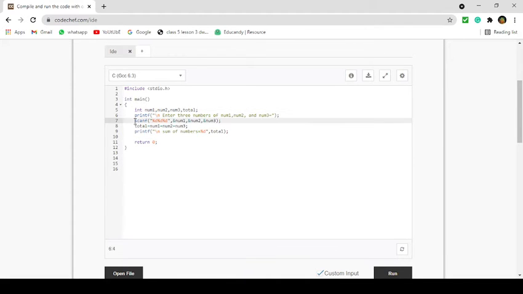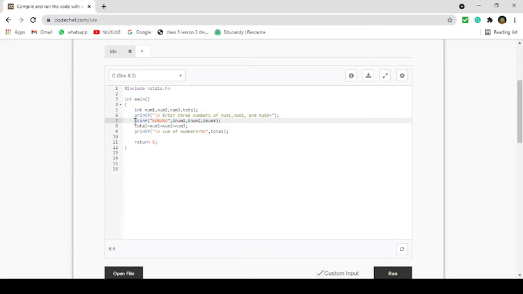Next step is the scanf function. The scanf function is used for entering input. If you want to enter runtime values, then you have to use the scanf function. For scanf you have to decide which type of format string you are using. It will be decided on the basis of data type. If you use the integer data type, then you will use the format string %d. If you want to enter the float data type, floating values, means with decimal values, then you have to use %f.